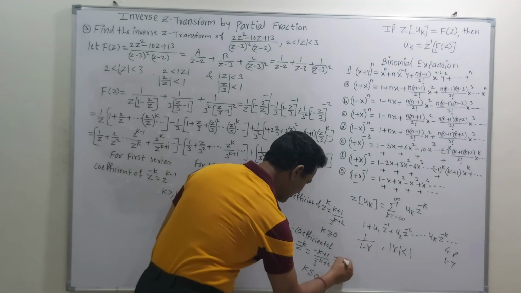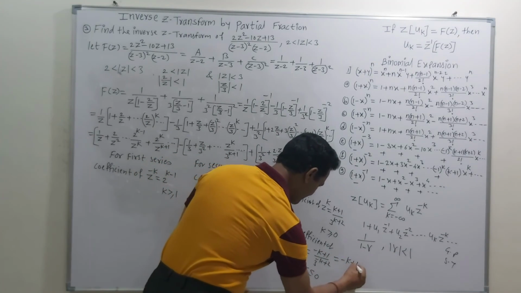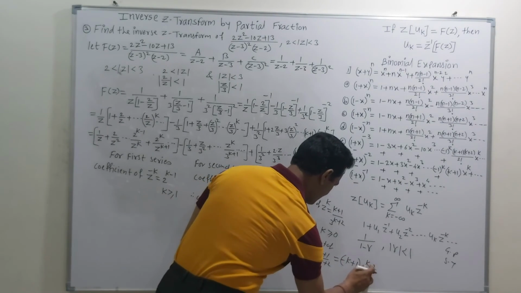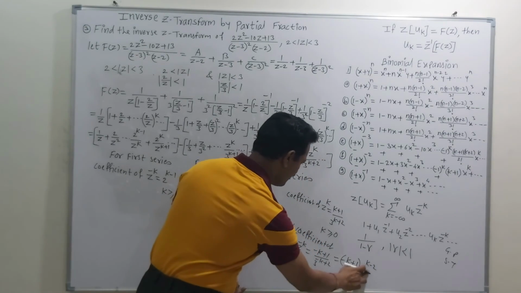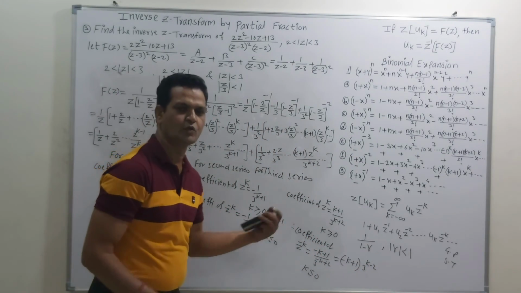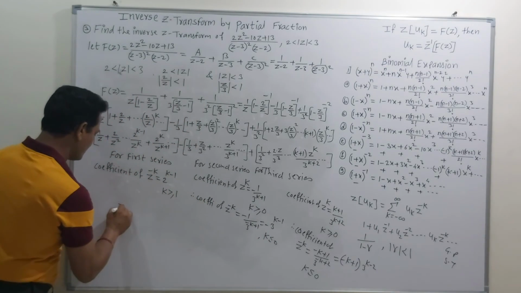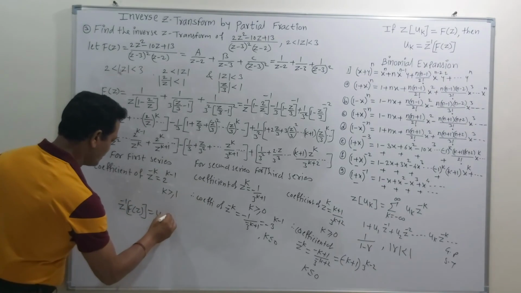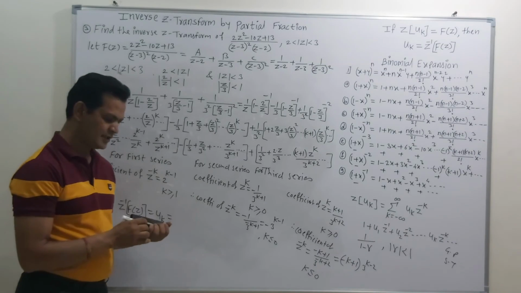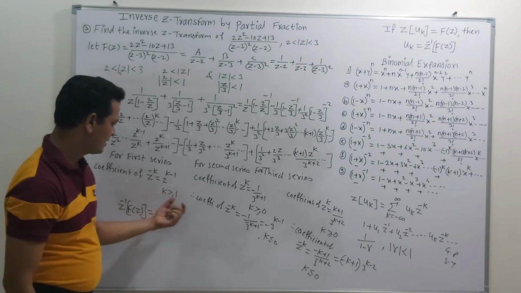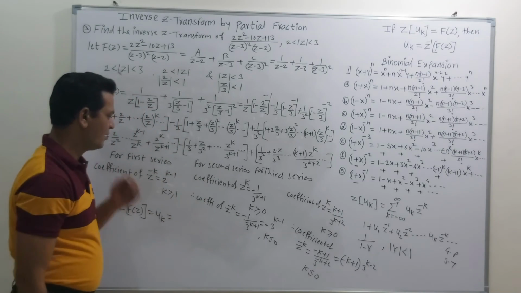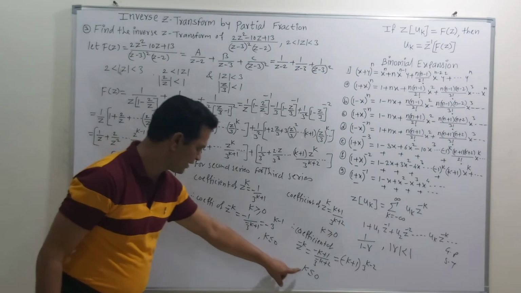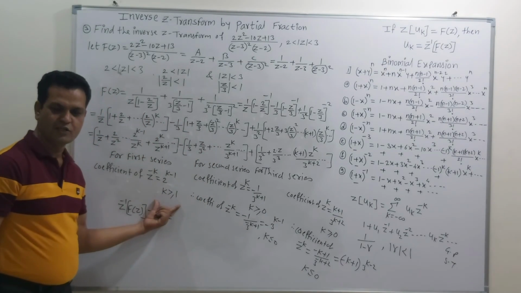Moreover, we can write this as minus k plus 1, this is the first bracket, then 3 raised to k minus 2. So this is 3 raised to k minus 2. So friends, in this way we get the solution to the third series. Now our aim is to find out the inverse Z transformation of given function f of z, which is sequence uk. But this sequence uk is split into the three parts. This is the first part, this is the second part, and this is the third part. But for the second and third part, condition on k is less than or equal to 0, and for the first part condition is different.